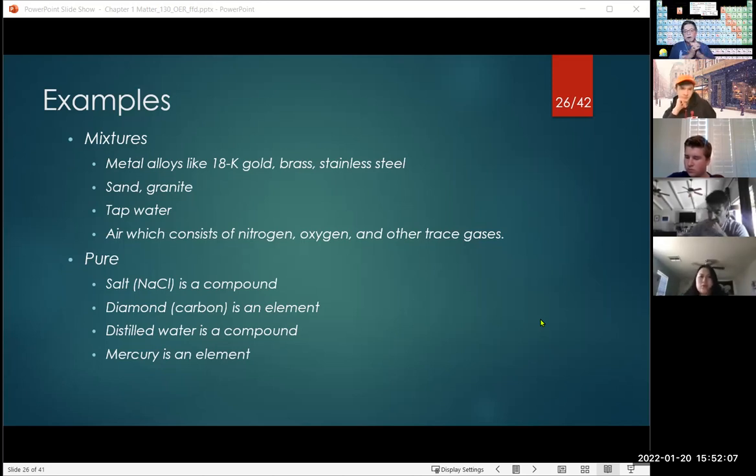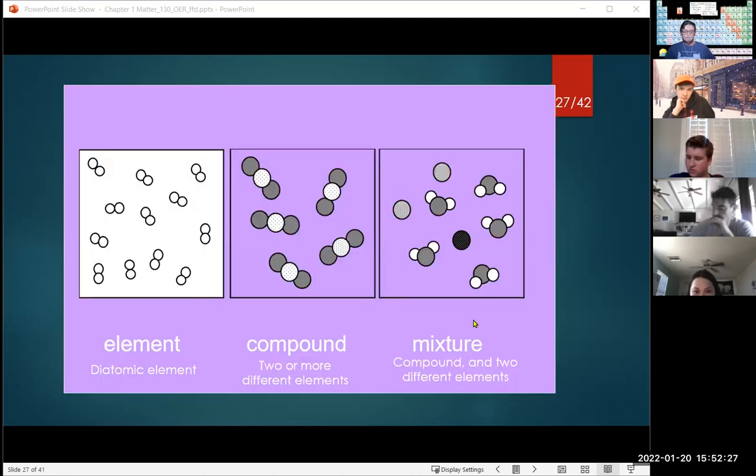All right, so distilled water, why is distilled water pure? Well, as I heat it up and drive it away from the bulk of the container, and I collect it on the still on the other end, I collect pure water, okay? And mercury is a pure substance, okay?